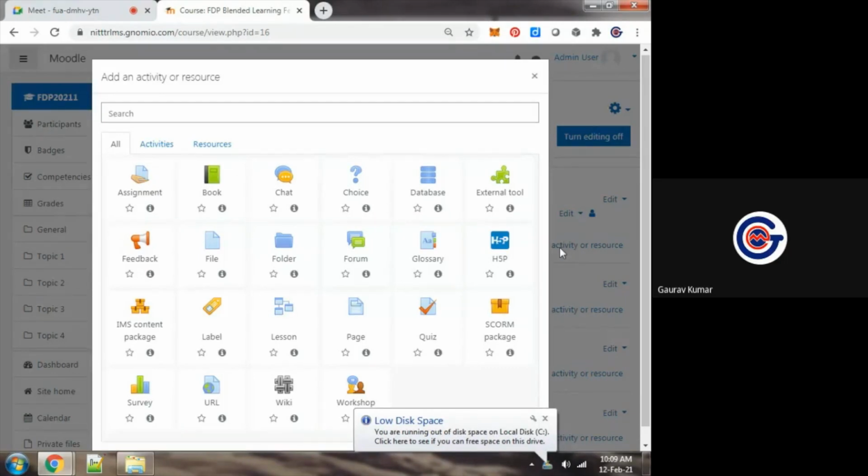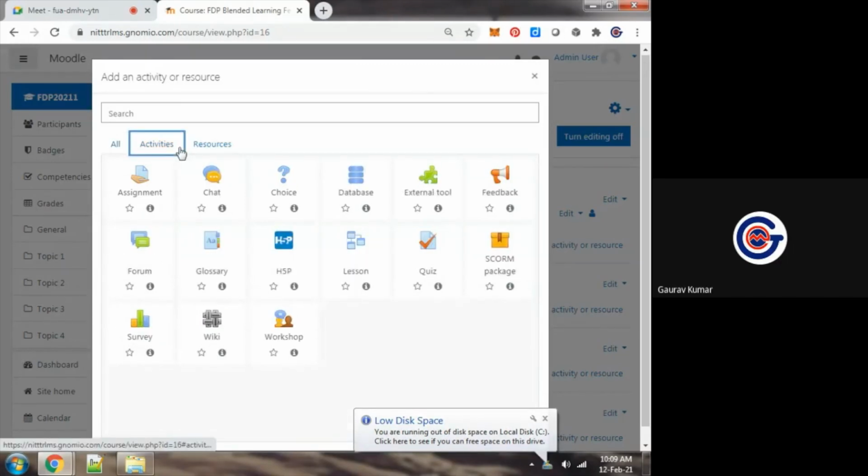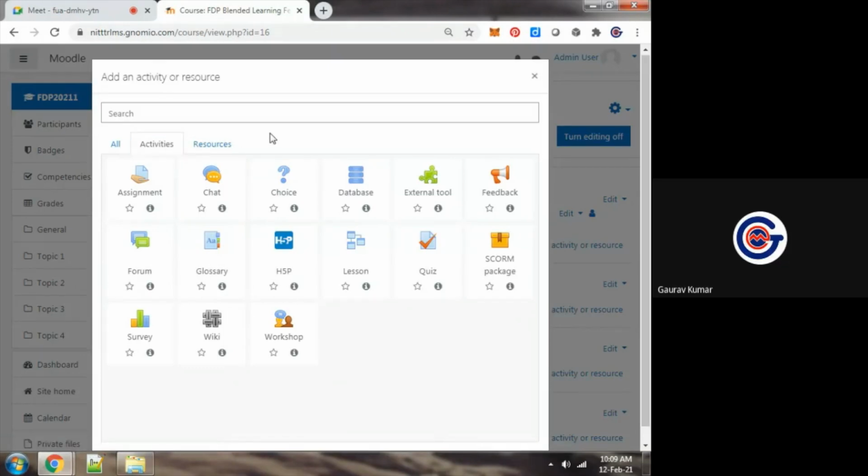If we see what is the basic difference between activity and resource, whenever there is multi-way communication, two-way communication, then it comes under activity. For example, as a teacher, we are giving some assignment to our students. So the teacher is uploading one assignment, giving some case study or homework to students,